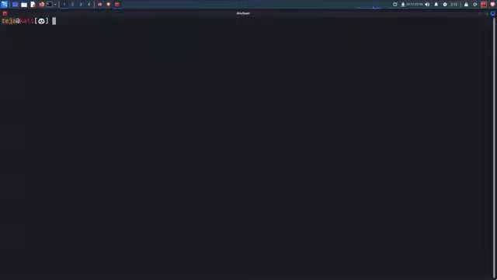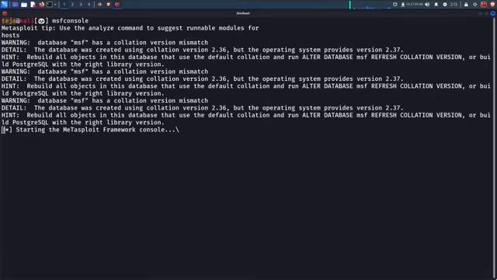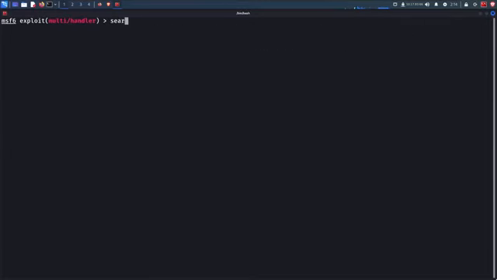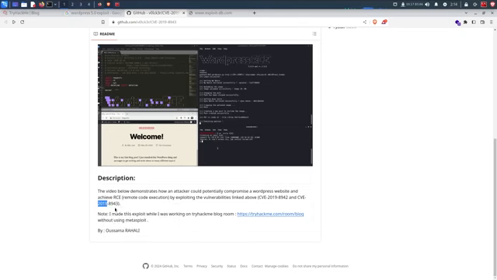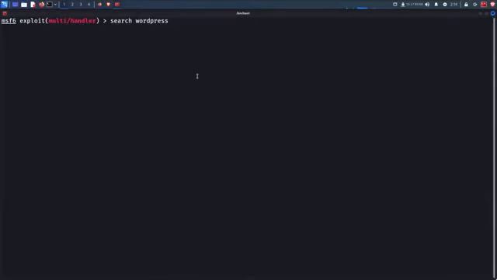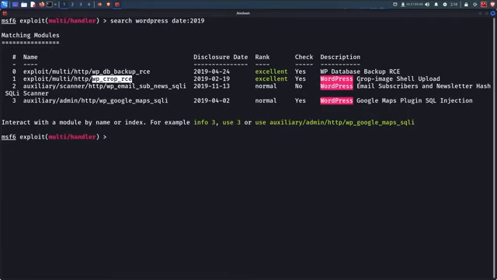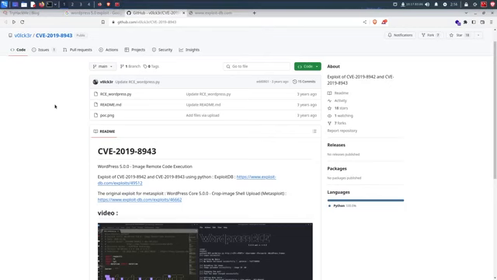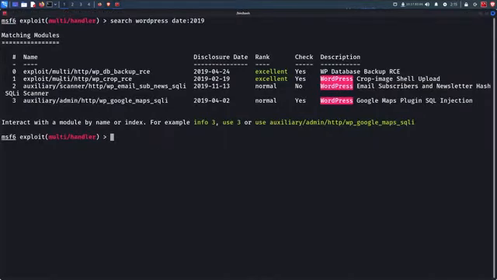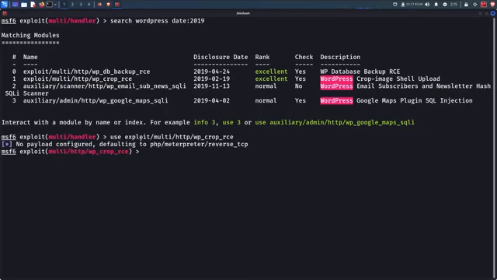So let's go to msfconsole and see if there is a Metasploit module available for this particular exploit. Alright, so I'm going to search for WordPress 2019. That looks like the year this vulnerability was disclosed. So I'm going to say date 2019, WP crop RCE, crop image shell upload. It looks similar to this exploit right here. So I'm just gonna go ahead and use this one. Use exploit multi http wp_crop_rce and